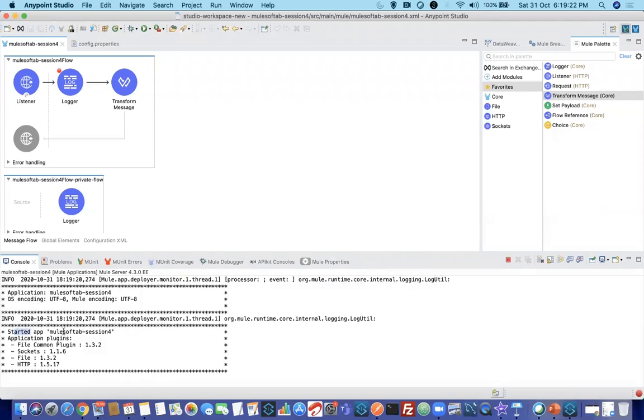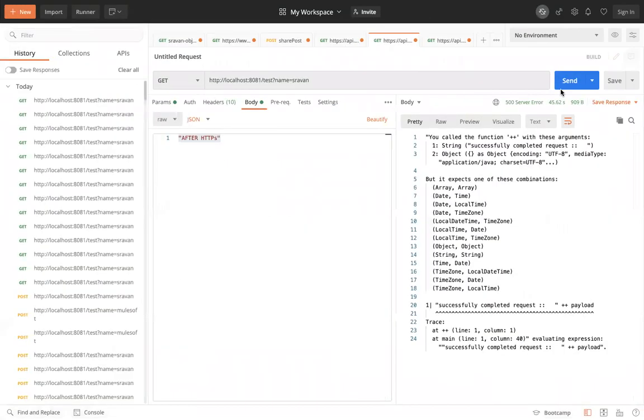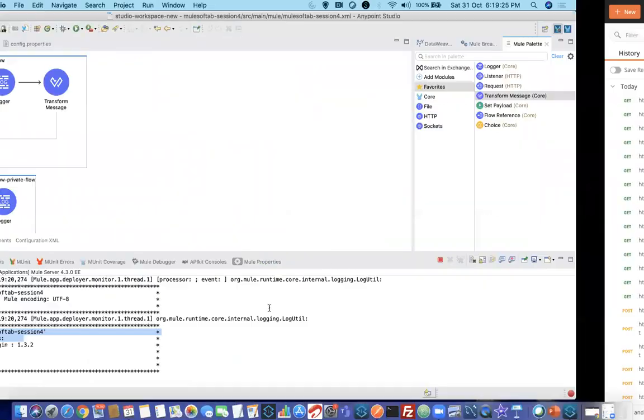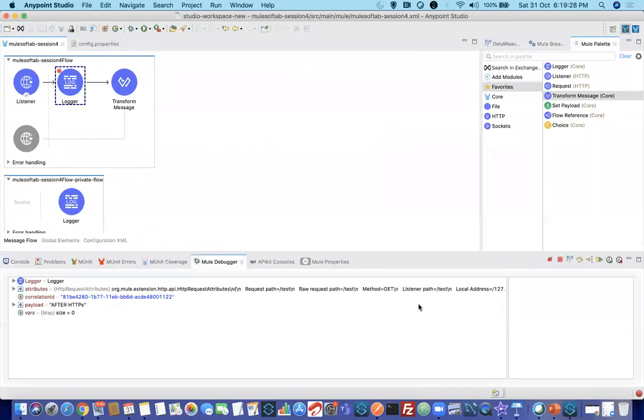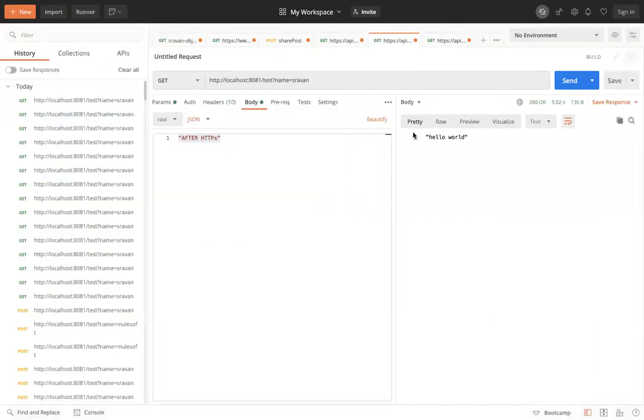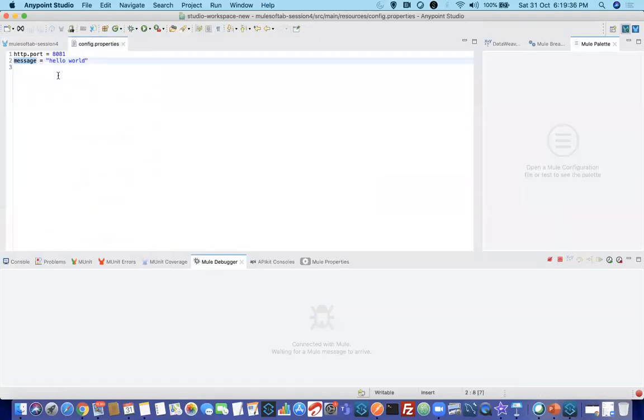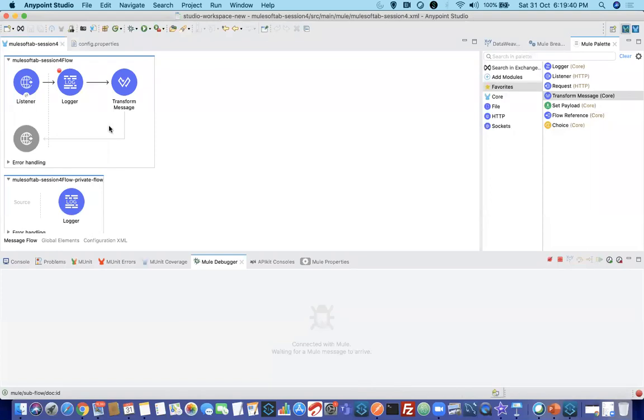You can see my application is started. Now if I send the request here, next, next, you can see hello world. So where did this hello world come from? It came from the property file. That's how you call the values from the property file.